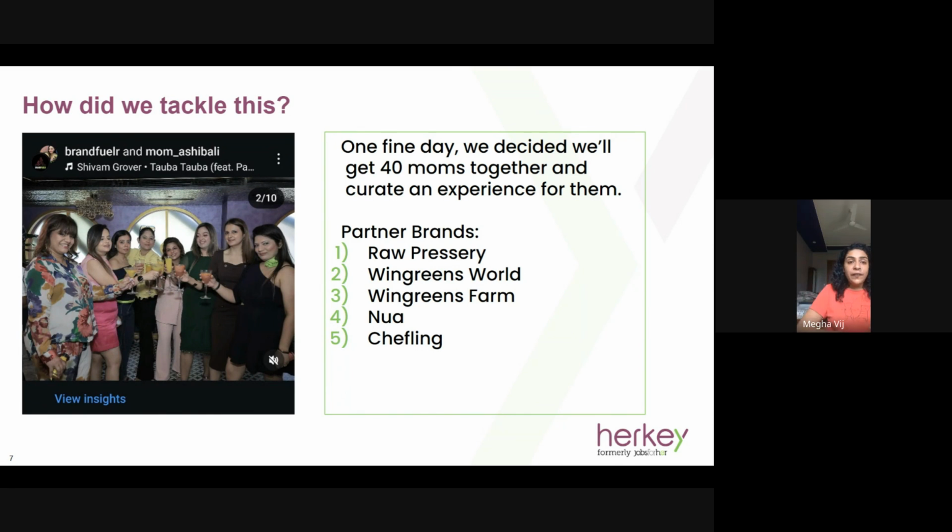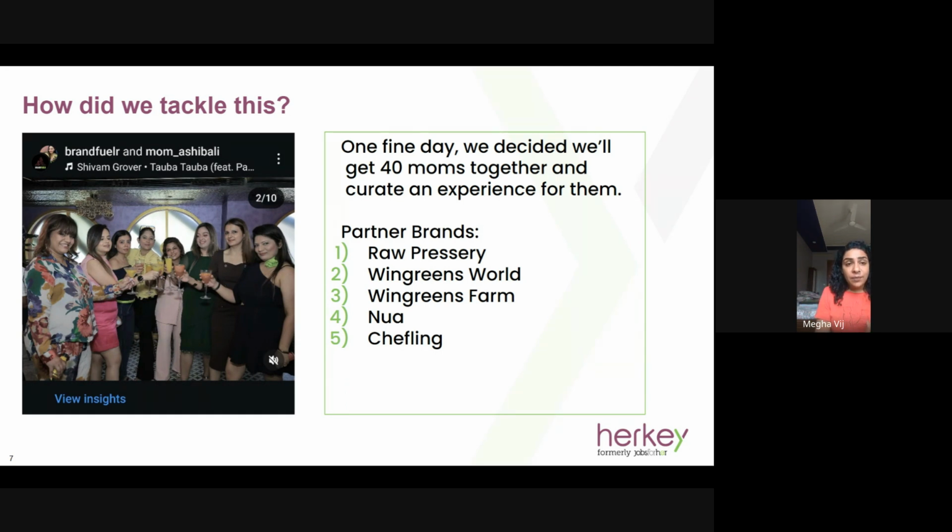Chefling, which is a DIY gourmet food kit brand, came with its DIY kits for sushi and lasagna making and took over lunch. They first did a sushi making workshop along with the chef at the venue, and then they served these women Chefling's products, sushis and lasagna. Then we had Pilgrim basically coming over to promote its lipsticks. They just launched a new range of lipsticks, and they came with all of those lipsticks, and all these women did is show a transition of wearing Pilgrim's lipsticks.